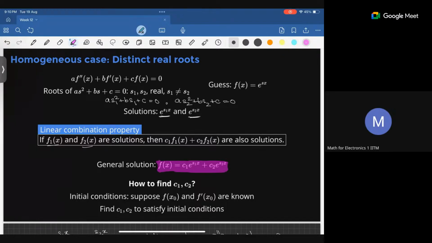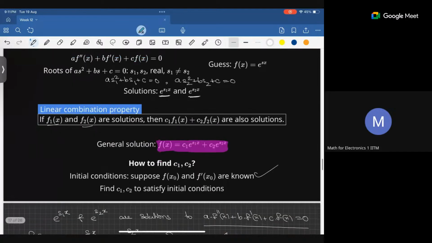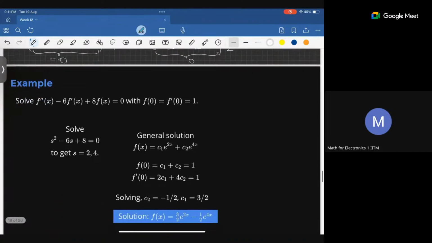So for that, we will be given some initial conditions, right? Some initial conditions like the function value at a certain point and the first derivative value at a certain point, x naught. Okay, so these things will be given to get C1 and C2. Right, so when we solve the example, we will see. So here is the example